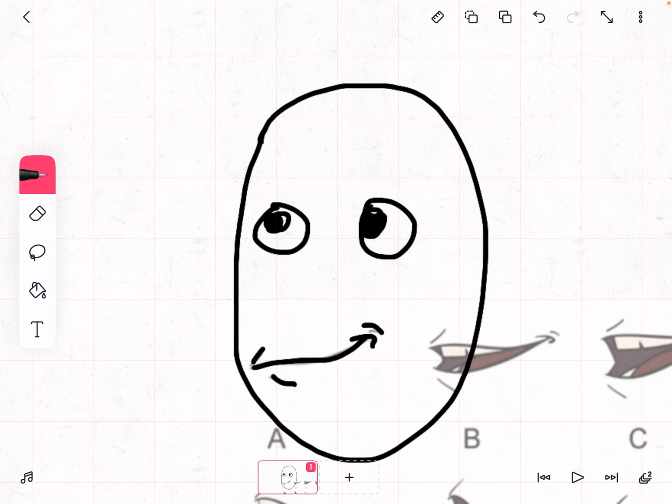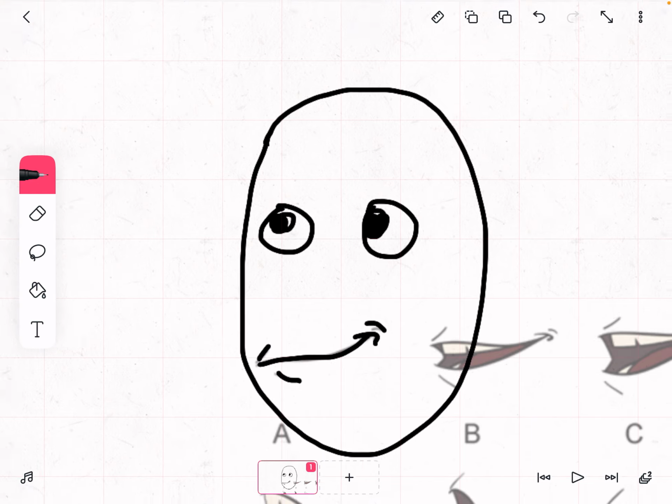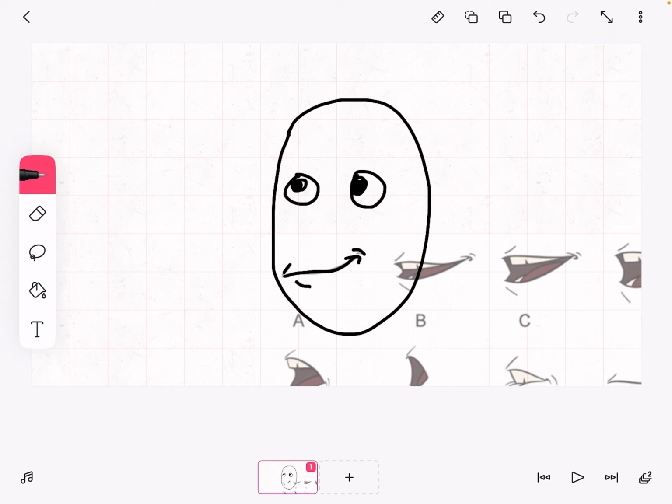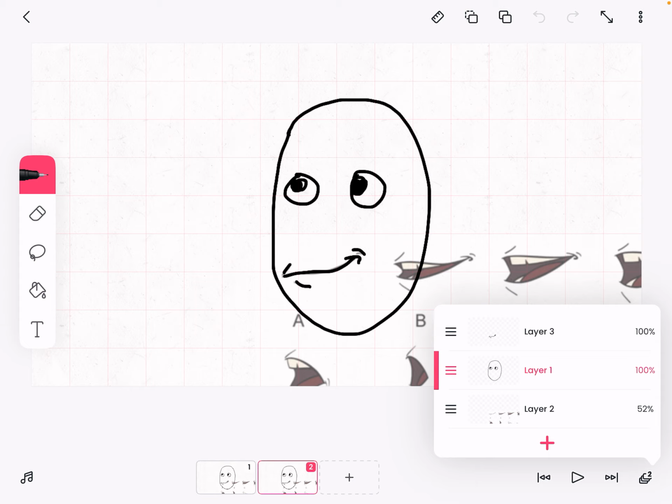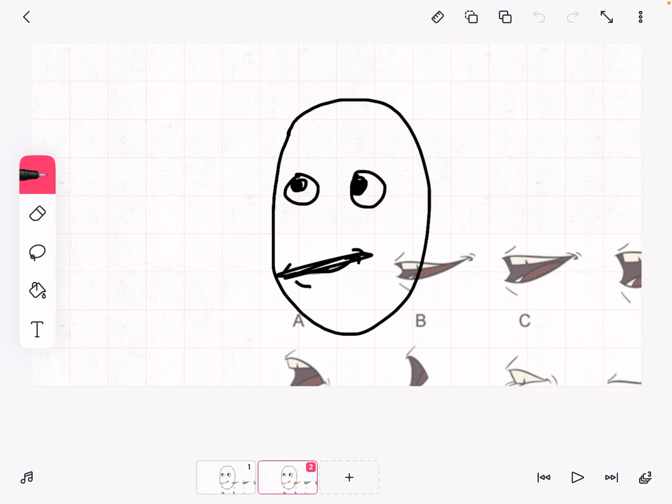So now when I duplicate this on the bottom, let's just go there. On the bottom here, if I hold down on this number 1, I can copy. Again, copy is the square with a dotted line square behind it, and then paste is beside it. So now what I can do is, let's go to this other layer, and first of all, let's go to my speaking layer, the mouth layer, and let's erase